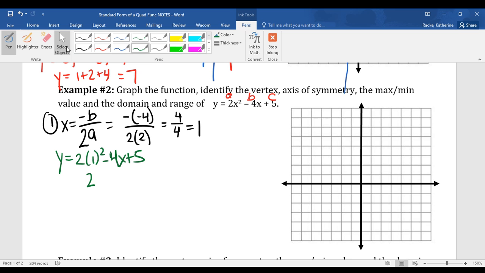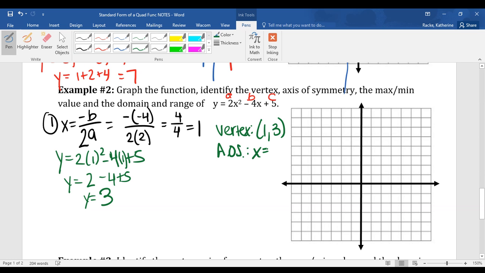Oh, I didn't plug in my x there, which is 1. Negative 4 times 1, which is negative 4 plus 5. So y is going to equal 2 minus 4 gives me negative 2 plus 5 gives me a positive 3. So our vertex is 1, 3, which means my axis of symmetry